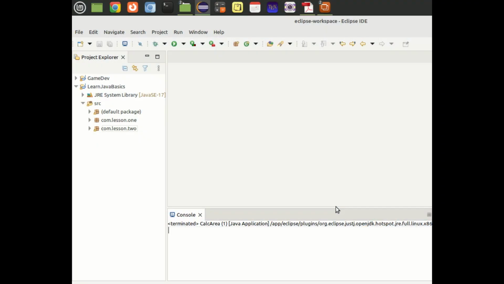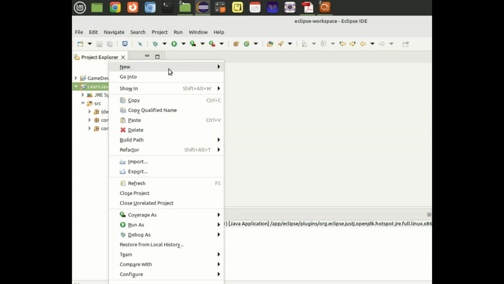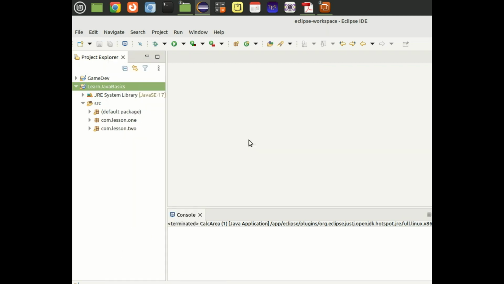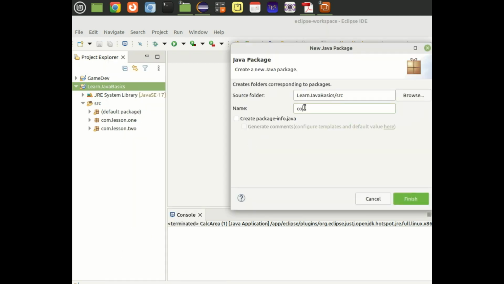Okay, welcome back. So we are looking at how we can do a method call and how we can work with objects. So let's start by creating. We can come to our project, Learn Java Basics. We can create a new package by simply right clicking on it, and then we can give it a package name